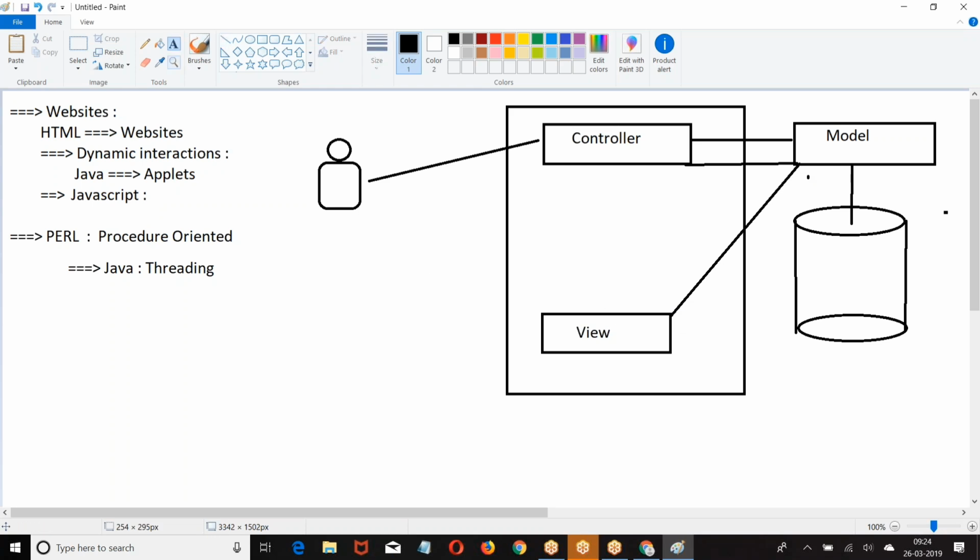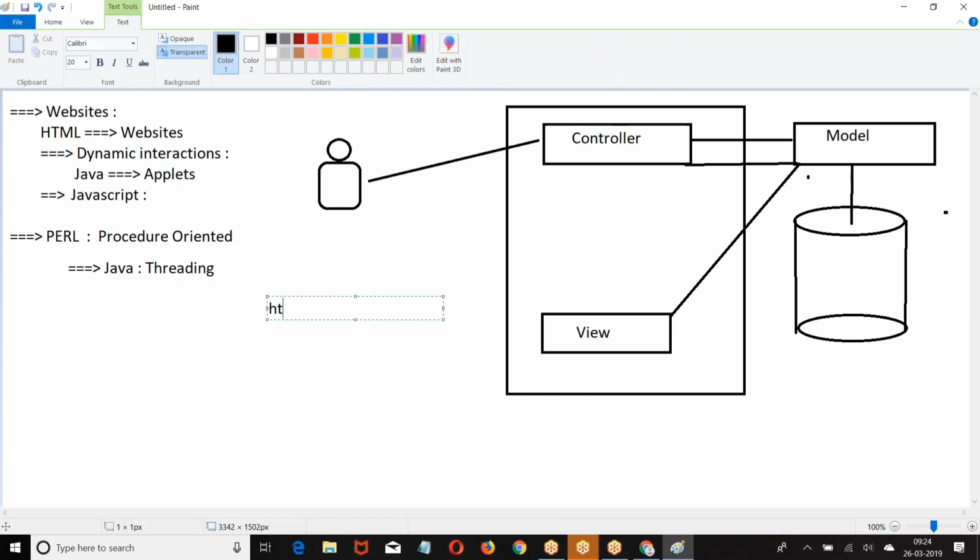Now how is the UI defined? It is defined with HTML. Now for everything I don't want to write 50 lines of code, 100 lines of code. That's why what these people have done? They created some tags. What are the tags? Let's say something like, okay, like these tags they have created. Now when you use this, the required code. Now when you have 10 lines of HTML code,